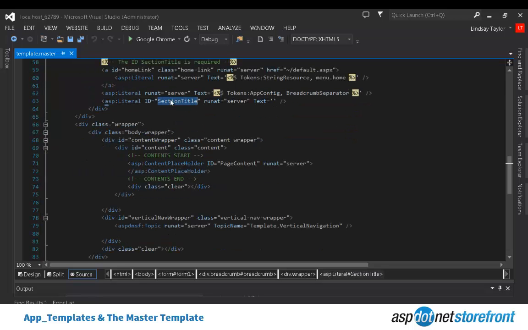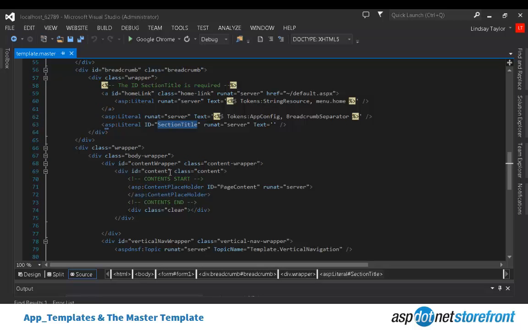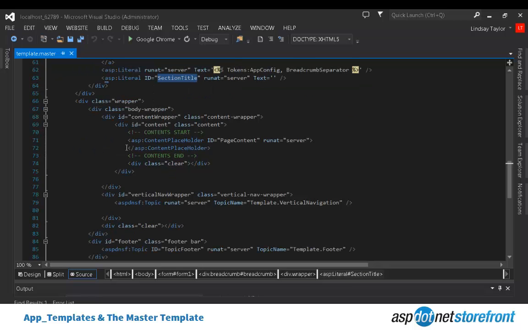And in this literal here, the section title is being written out for each page. Each page has a special title. Those also can be edited in string resources. So if I am on the shopping cart page, this breadcrumb will say home, it'll have the breadcrumb separator based on this app config, and it'll output the section title. And we get into the body, and here's the most important thing to know about on the page, is